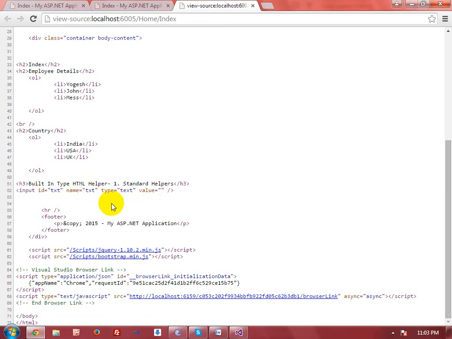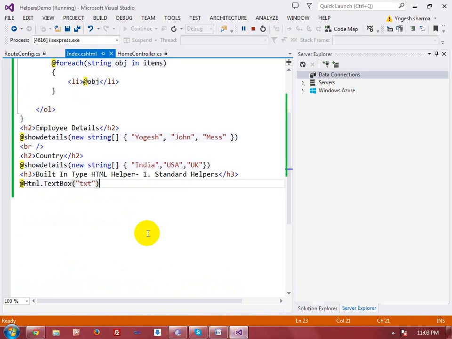So there is no need to create the ID and name, everything. You have to just define the name property, and the ID will be automatically created. So it's the first kind of markup that has been generated. Okay,